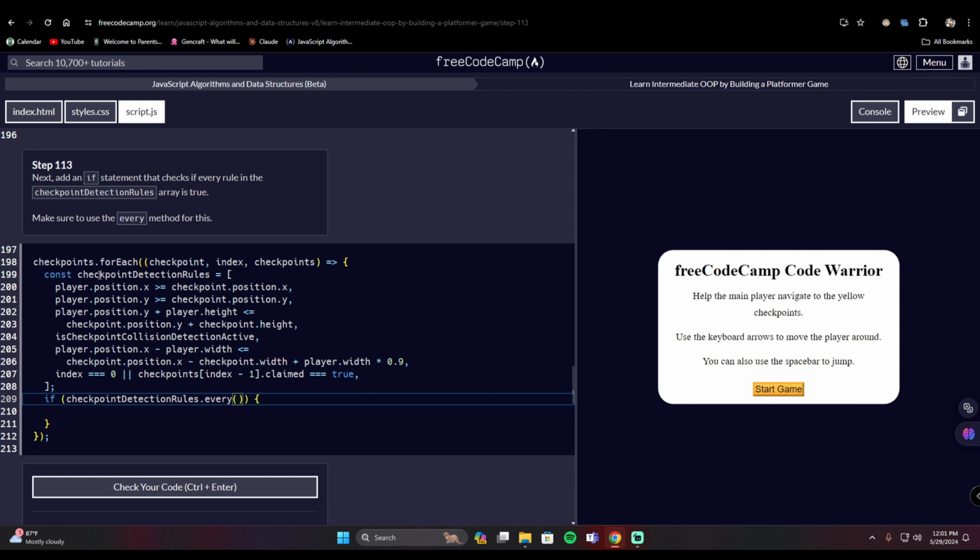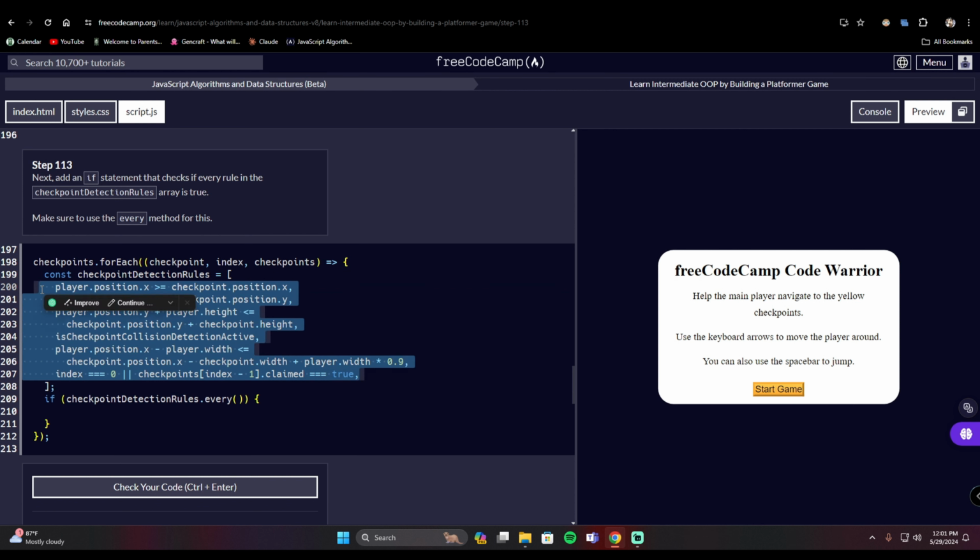So we know that the checkpoint detection rules has these elements, correct? One element here, another element here, another here, and these elements are conditions inside the array, which is this one. Now we would have to check if all of these are true, and we have to use the every method